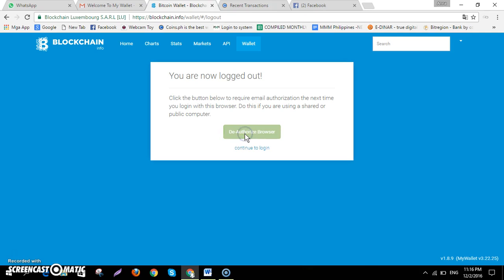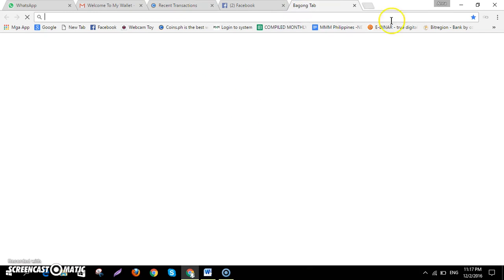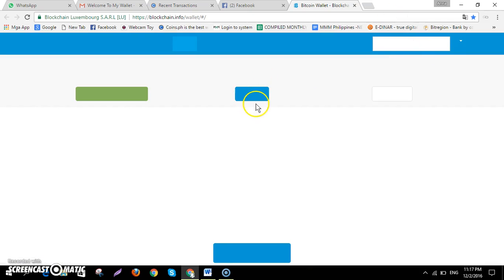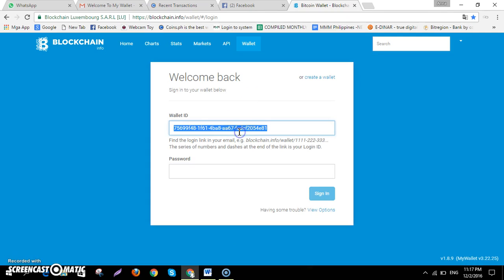So click the authorized browser, and then okay, we open another tab, blockchain wallet, and then click login. Okay, we need to paste it here, and then the password. Always remember your blockchain wallet ID and your password. So enter your password and then sign in.